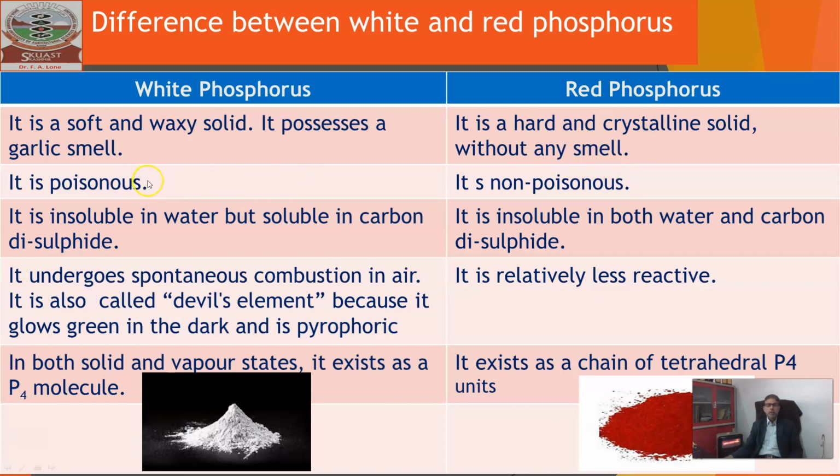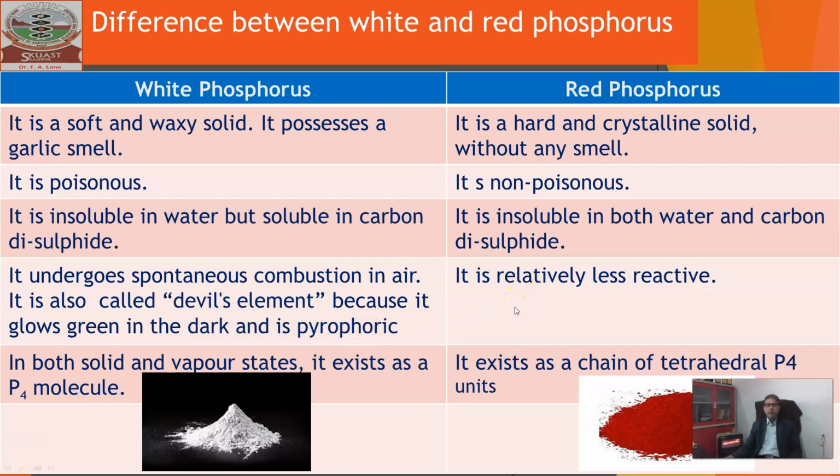White phosphorus is poisonous, but the red phosphorus is non-poisonous. White phosphorus is insoluble in water but soluble in carbon disulfide, but the red phosphorus is insoluble in both water and carbon disulfide. White phosphorus undergoes spontaneous combustion in air. It's also called the devil's element because it glows green in the dark and is pyrophoric,